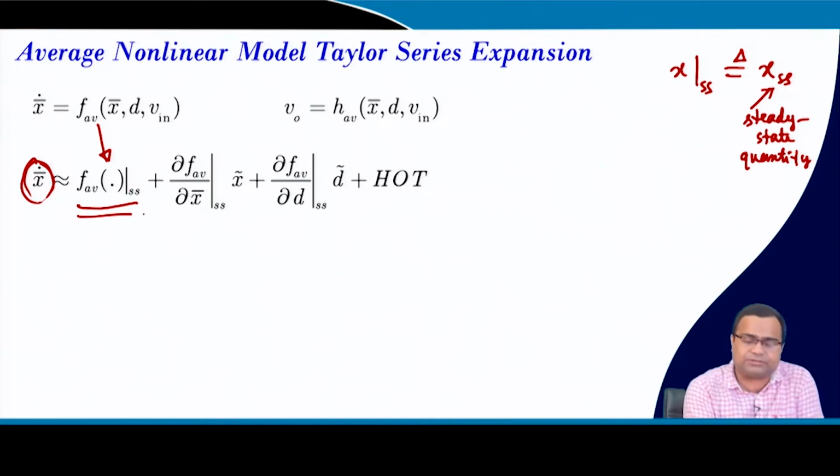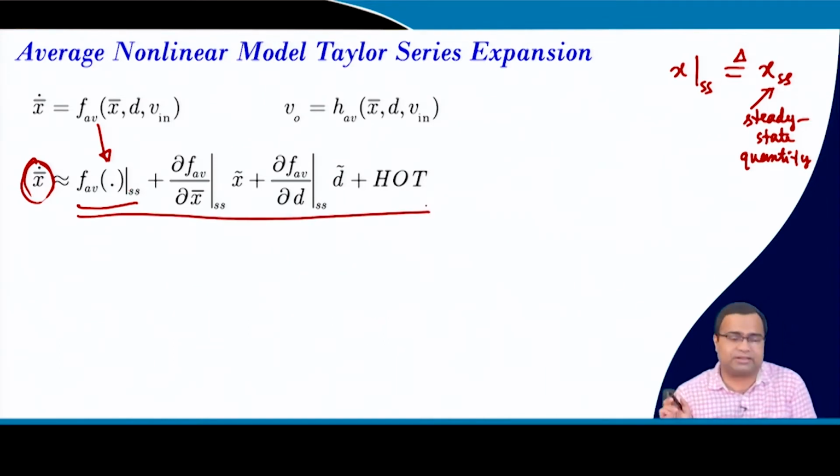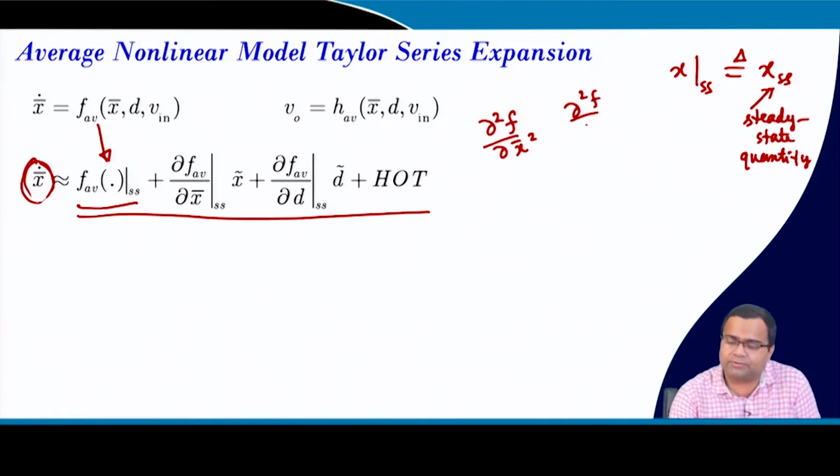But the Taylor series approximation can be applied for any arbitrary point. It need not be an operating point, or a steady state. But in this case, we are considering steady state because we want to obtain a linear model around a steady state operating point. So, what is the higher order term? If we write down the higher order term, it consists of ∂²f/∂x², then ∂²f/∂d², and another higher order term,